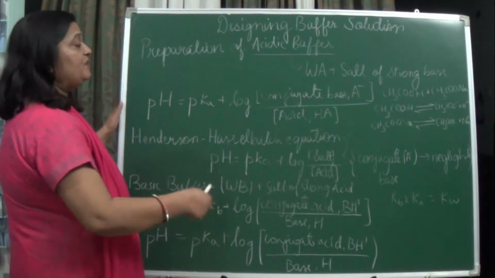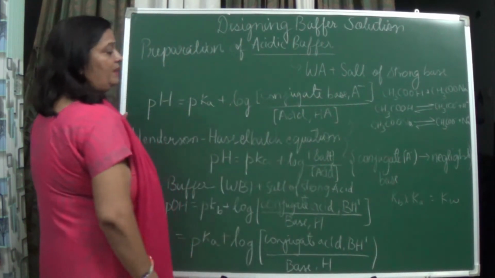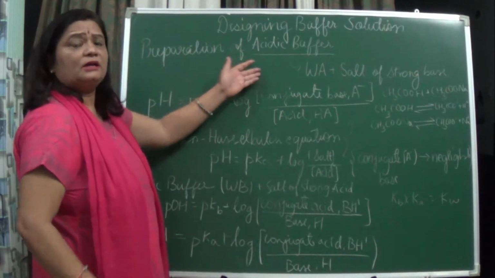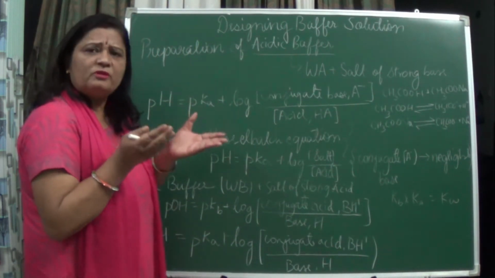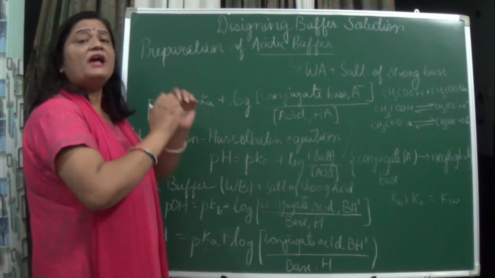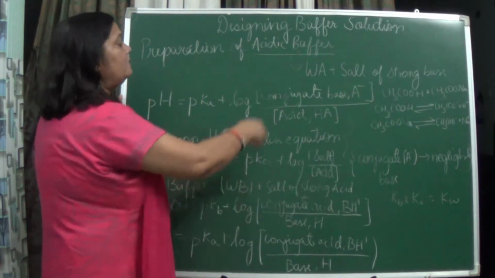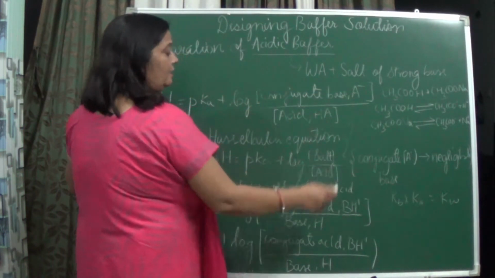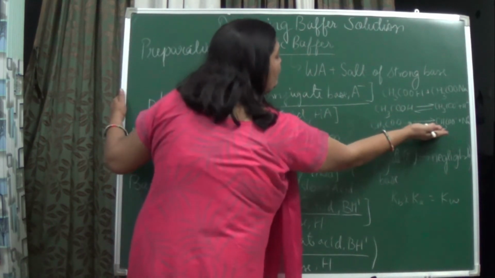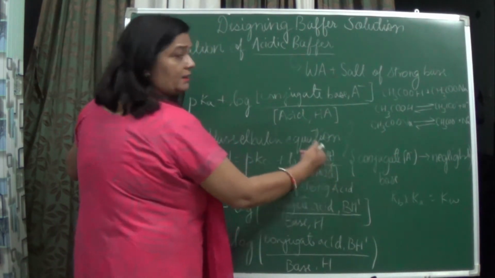Okay, why have we just removed the conjugate base and added salt over here? Because when there is a weak acid, the conjugate base will also be in a very small amount. If it is formed in a very small amount, it is negligible, we can neglect it. So instead of writing the conjugate base over here, we can take salt, because salt is only being formed over here. What is that? CH3COONa, isn't it? So salt upon the acid.